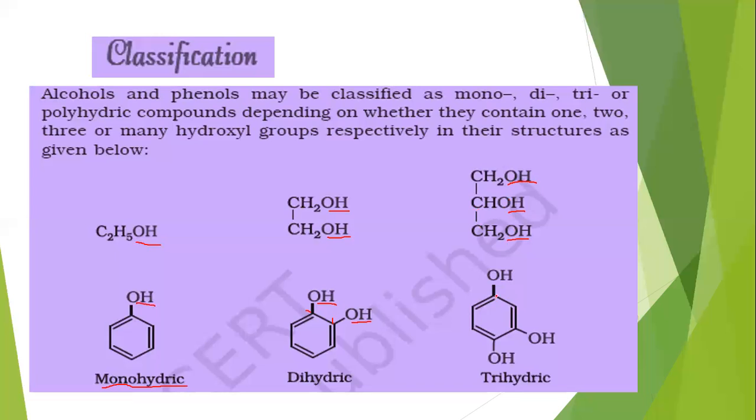And here in this example, the basic compound is benzene, an aromatic ring. And from this carbon, from this carbon, and from this carbon, three hydrogens are replaced by three hydroxyl groups. So this is a trihydric compound. This is a trihydric alcohol, and this is a trihydric phenol. Okay. Now,